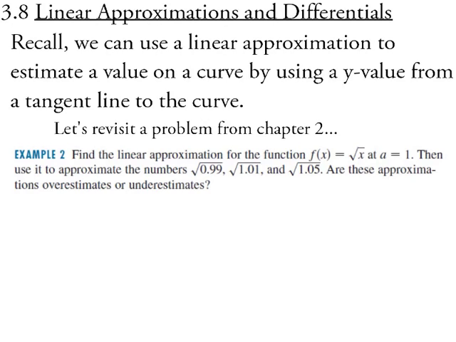Now what you can do differently is use shortcuts for derivatives, because in the section in chapter 2 when we did this, we had to use the limit definition of a derivative to find the derivative of the square root of x. But not now. Now we can say, okay, we know that f prime of x is 1/2 x to the negative 1/2, or rewritten simplified, this, right? So now if we want to approximate the square root of 0.99, then if a is 1,